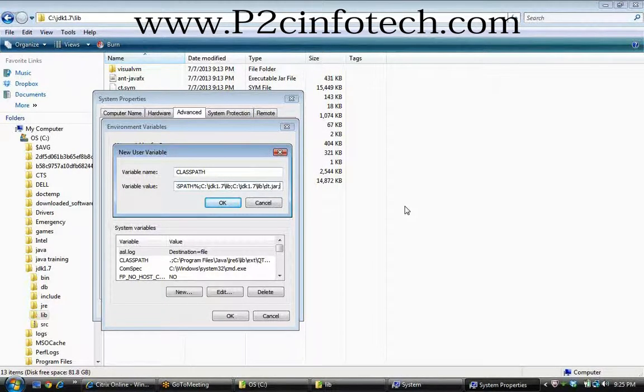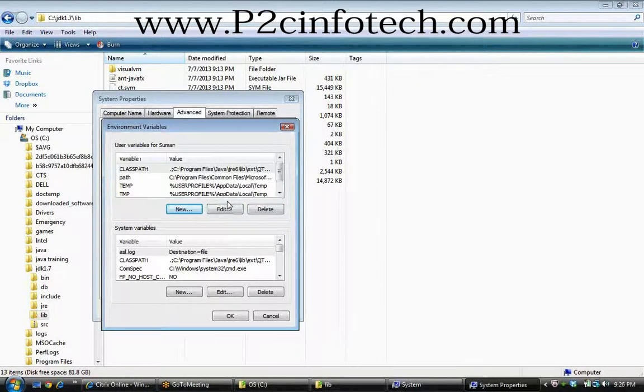Again Control V, paste. Slash. Then tools.jar, in lowercase. Click OK. Semicolon. Click on OK. Now we have done with class path also.